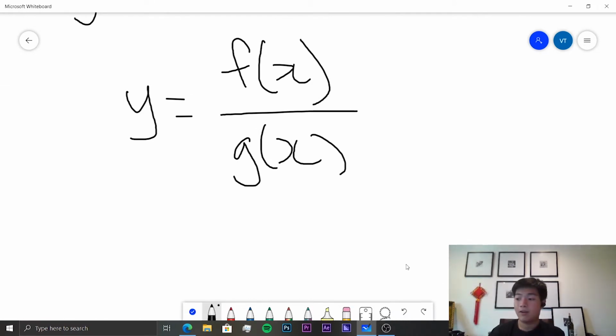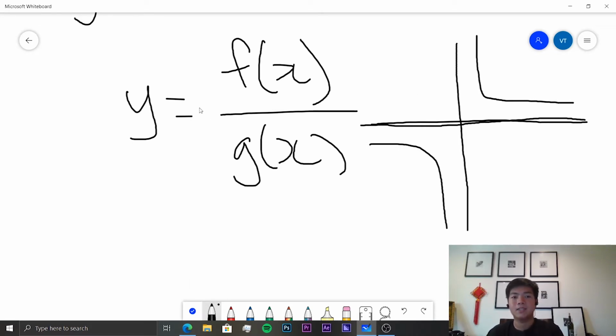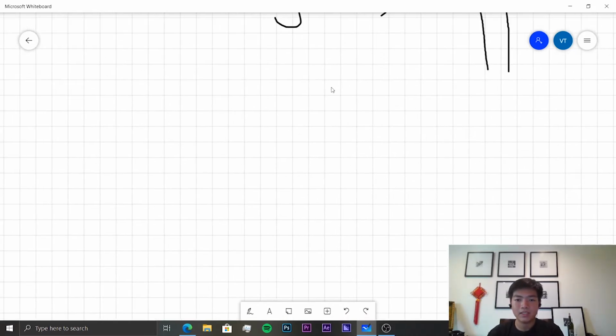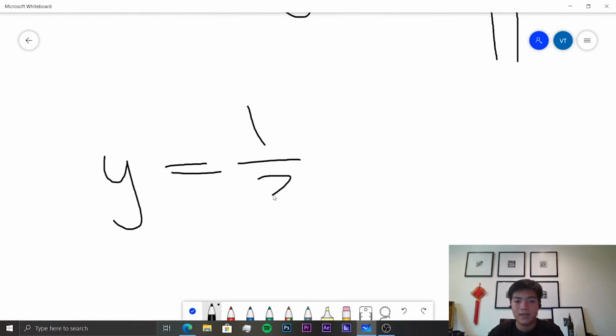And the graph of a rational function usually, but not always, looks something like this. Well, let's not get too complicated. But it looks something like this, and you can see there are gaps along some of the axes. The reason there are gaps is because for some values it's impossible to get the y value. So for example, if our function is just y equals 1 over x, the classic rational function,